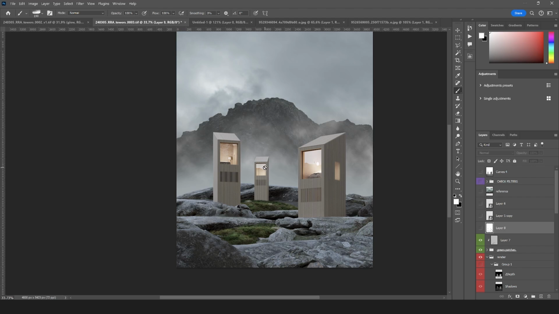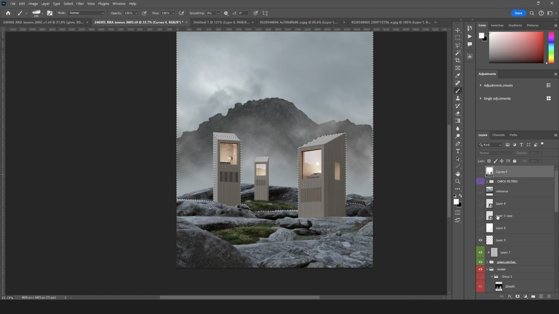You could also work with some fog brushes or clouds brushes on a low opacity to create a fog, or to create foggy clouds kind of, but